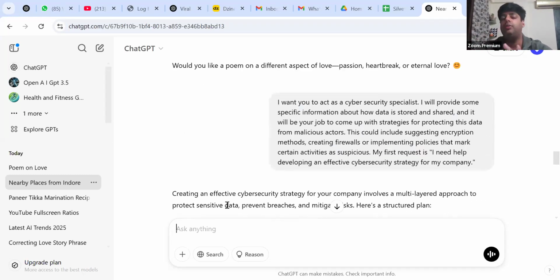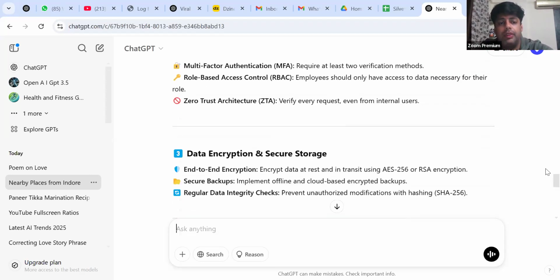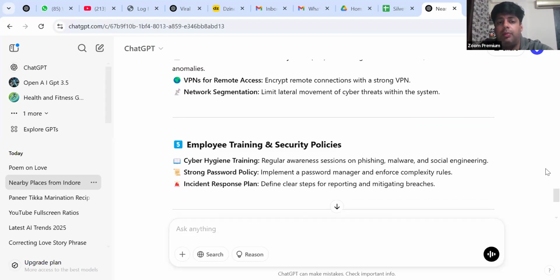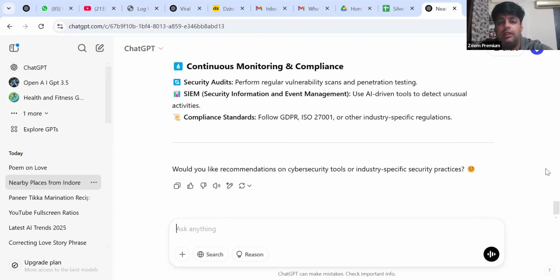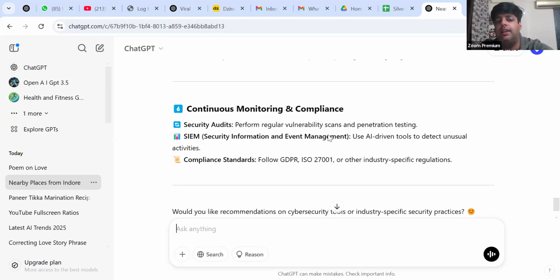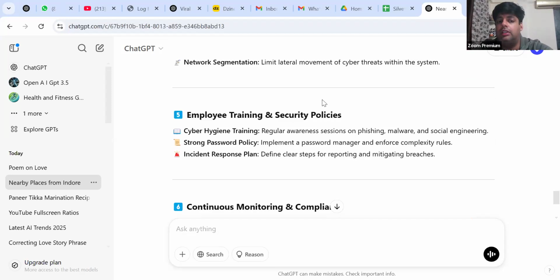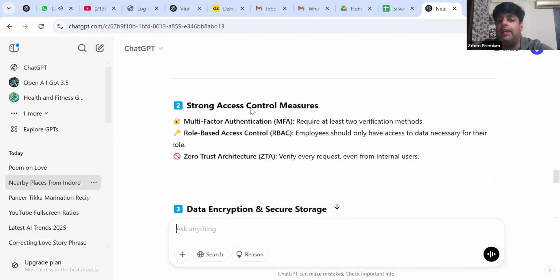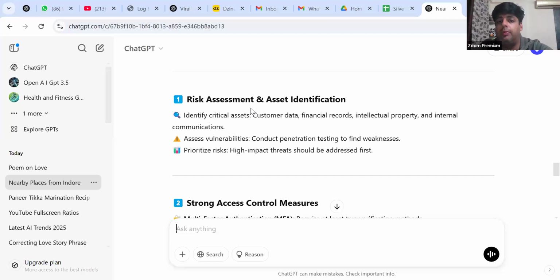So if you are not learning how to write prompts properly, okay? At least read them on a daily basis or use them. At least one or two prompts, use them from the sheet so that you will benefit. Clear? And network security and threat monitoring, employee training and security policies, continuous monitoring, compliance. Clear? So it has given everything, the knowledge which I was not having, on what things should be monitored for any company. Basic things should be monitored.